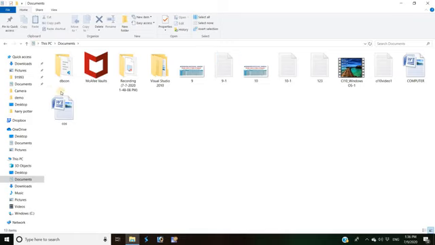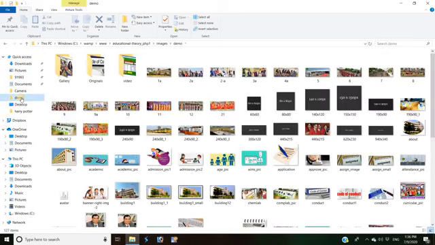Suppose we require to open a particular other folder, we have to click on the left, because the whole window is divided into two different sections. In the left section, the folders are displayed in tree form, in hierarchical form, and when you click on one, you will see the files and folders contained in that folder appearing.